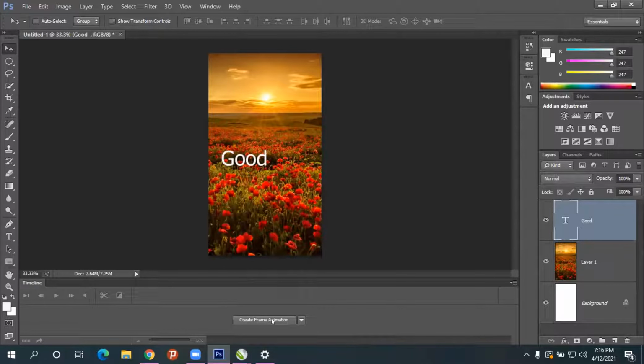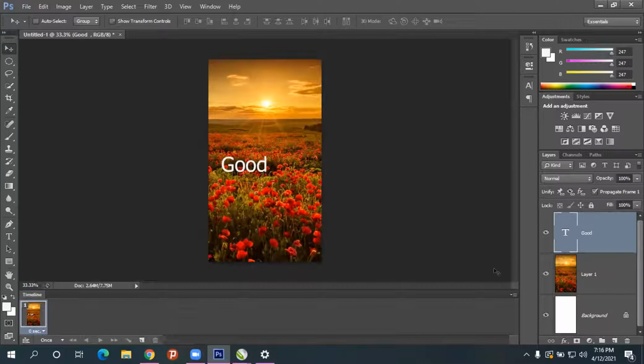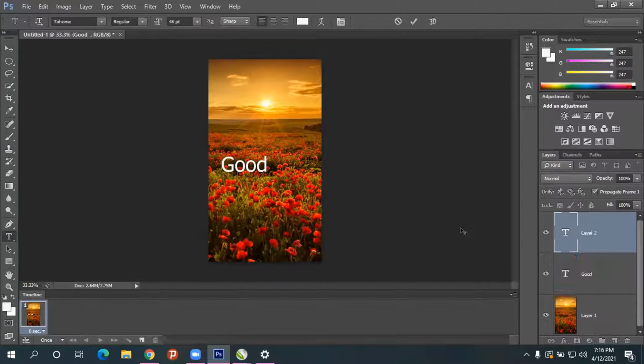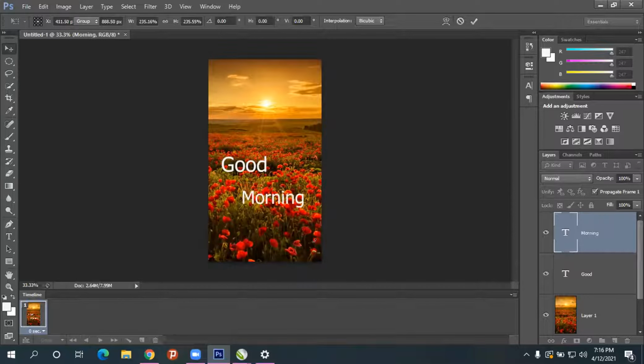Then click on create frame animation, and it will create automatically. Okay, so the text layer is not there. One more, I'll enable it. Morning. And whatever color you want for the text, you can change.